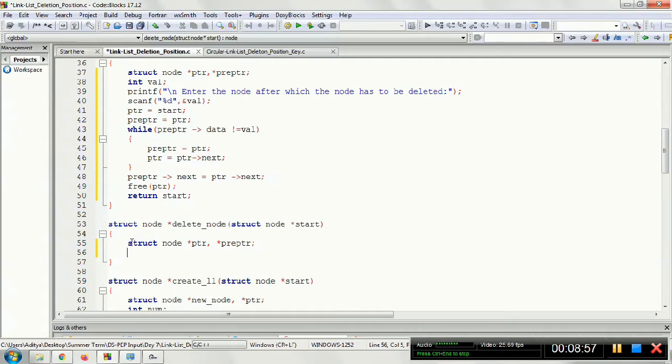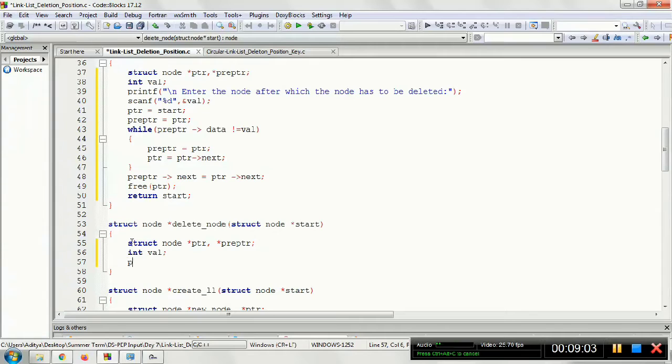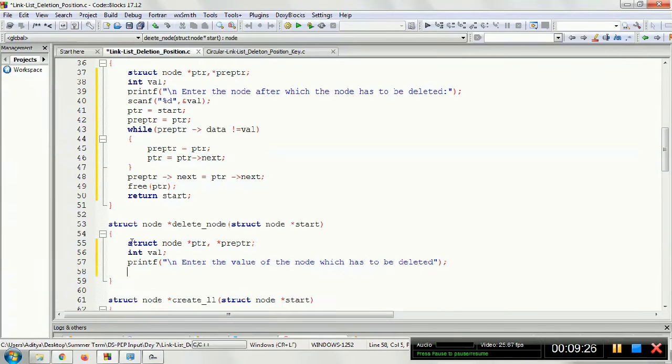After this we'll take a variable, like suppose the user wants to delete this particular node.